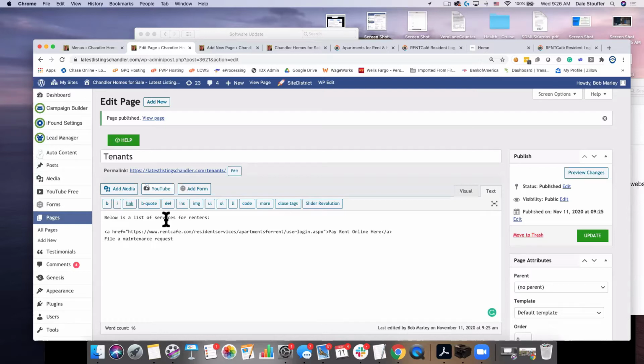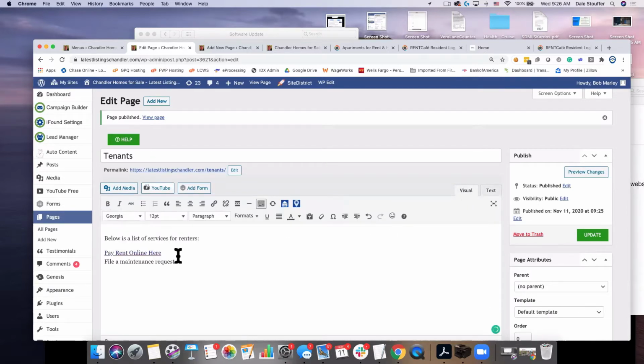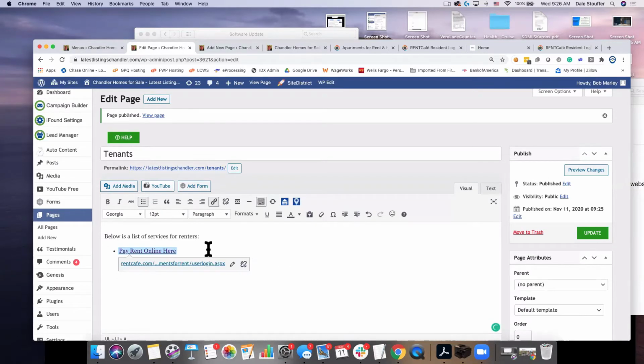Yeah. So I have two things. So I have the link and then file a maintenance request. I could make this a bullet. Let's just see, bullet. There. So list the services for renters: pay rent online, file a maintenance request. And then just for the short term, I don't have a form set up yet for that. So for now, what I could do is put in a form that this links to,